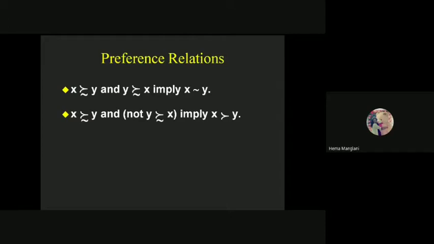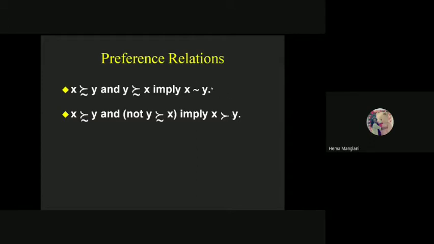Okay. So X is revealed preferred to Y, and then Y is revealed preferred to X. This implies that X is revealed preferred to Y. So here, if I would say that this is the indifference notation, okay. In this case, if both of the situations are there, but still the consumer is preferring X, revealed preferred to Y, this is showing a strong preference. This is showing indifferent preference.